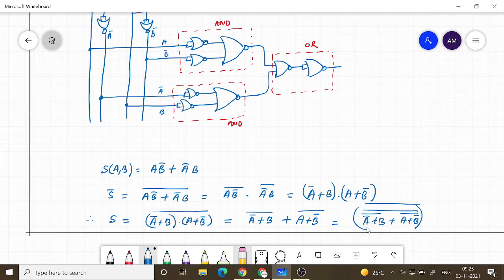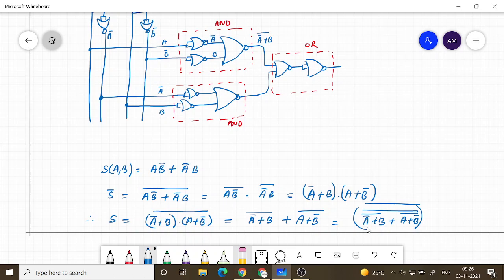So if I take a NOT gate, I will get A bar, and here I will get B, and then I am giving it to a NOR gate. So that will give me A bar plus B the whole bar.